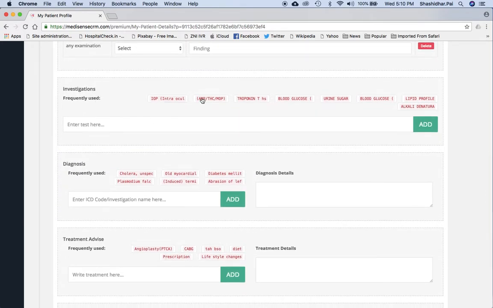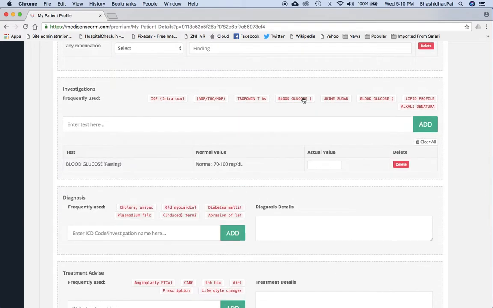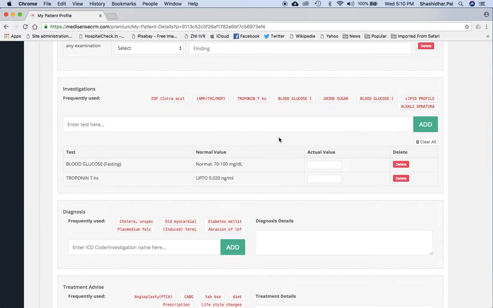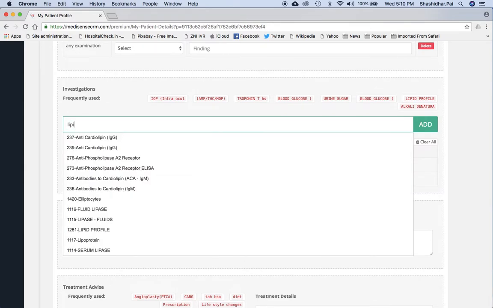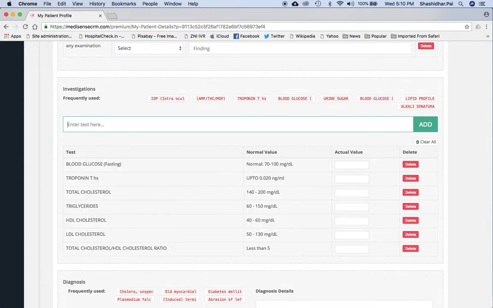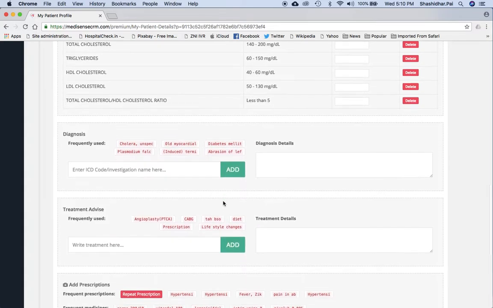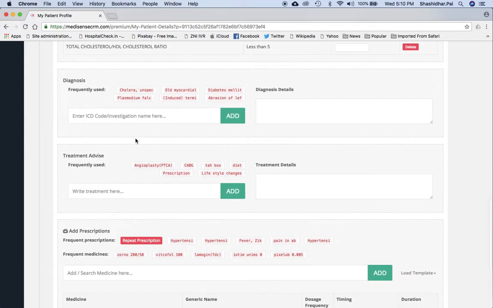Then I'll go to investigations. So I'll order for a blood glucose. I will ask for a troponin test, and say here also you can search for tests. There are around 5,000 tests which are loaded here. You can call any one of them. Then there is a diagnosis. If I know the diagnosis right there, which is most unlikely, however, for the sake of this example, I will say